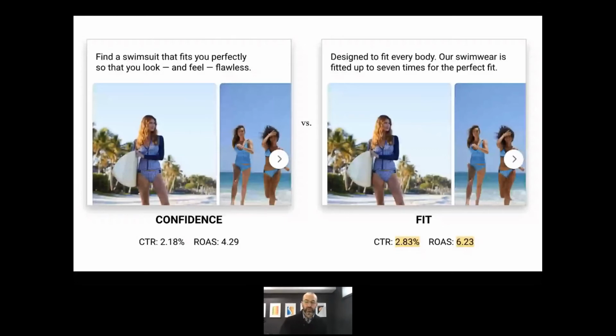But we kept pushing it further, tested multiple options, and got it up to 6. So now 6 is our new benchmark. 6 is the number for us to beat. This is how we stair step up and become more and more high performing with these ad units. It's also how we reduce that cost of acquisition by constantly improving that return on ad spend.